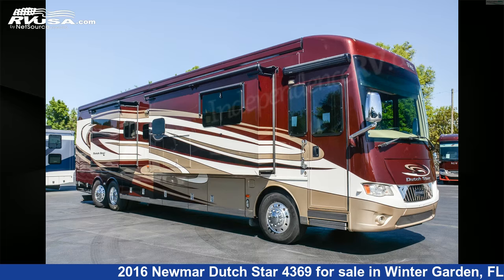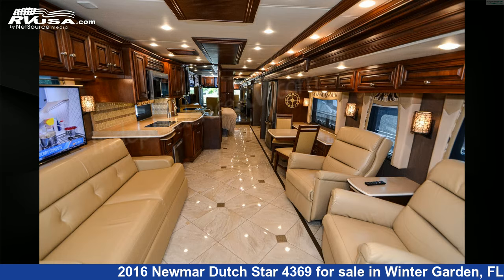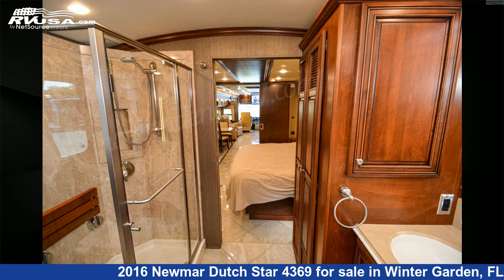This 2016 Newmar Dutch Star 4369 is a diesel pusher RV. It is located in Winter Garden, FL 34787 and is offered for sale by Independence RV Sales. This used Newmar is 43 feet 9 inches in length and features 3 slideouts, a Prism, Manhattan Glazed Maple interior,